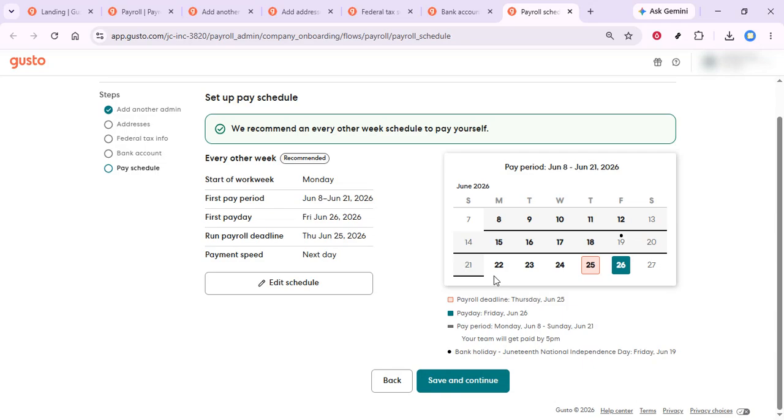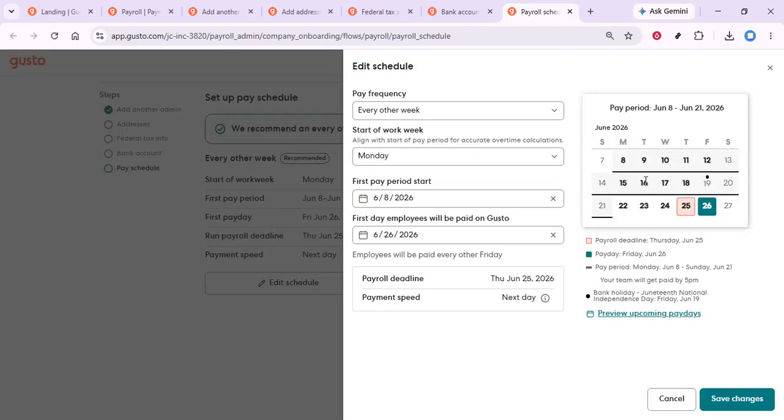And there you have it. You've successfully set up your pay schedules in Gusto. By following these steps, you ensure that your payroll process is streamlined and efficient, leaving you with more time to focus on